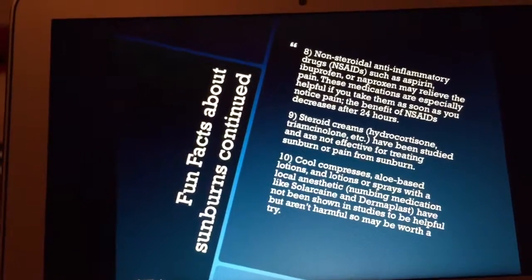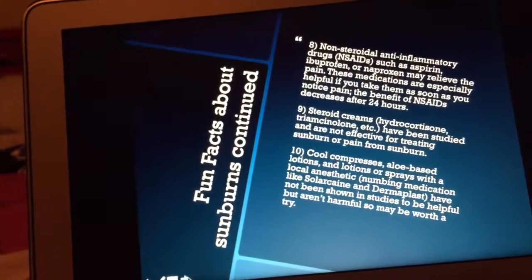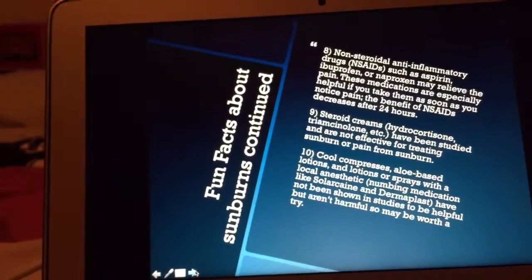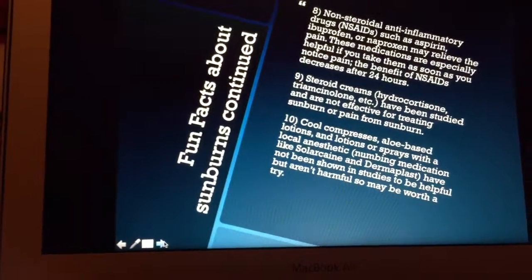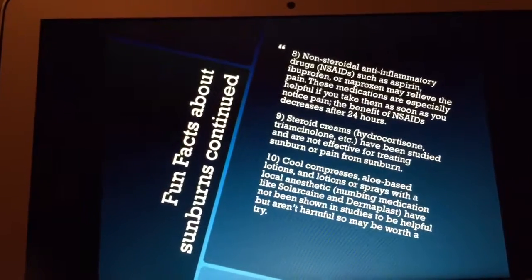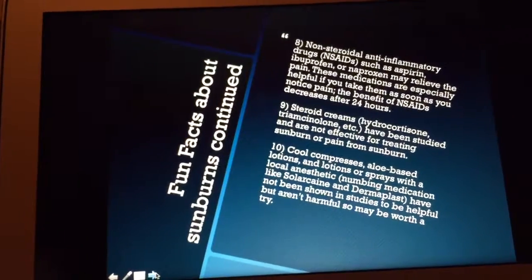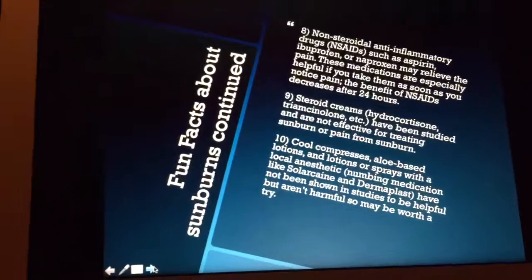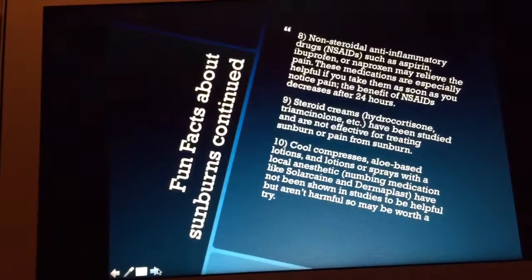Steroid creams such as hydrocortisone, triamcinolone, and etc. have been studied and are not effective for treating sunburn or pain from sunburn. Cool compresses such as aloe-based lotions, and lotions or sprays with a local anesthetic, numbing medication like Solarcaine and Dermaplast, have not been shown in studies to be helpful, but aren't harmful, so may be worth a try